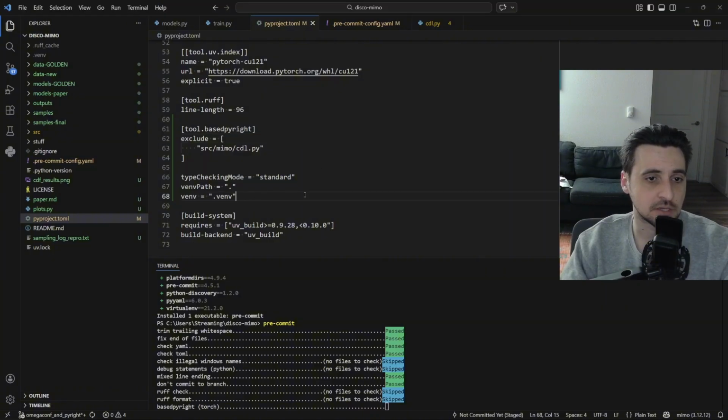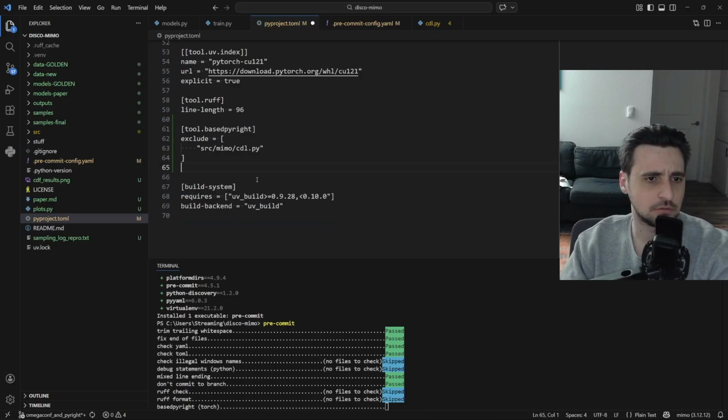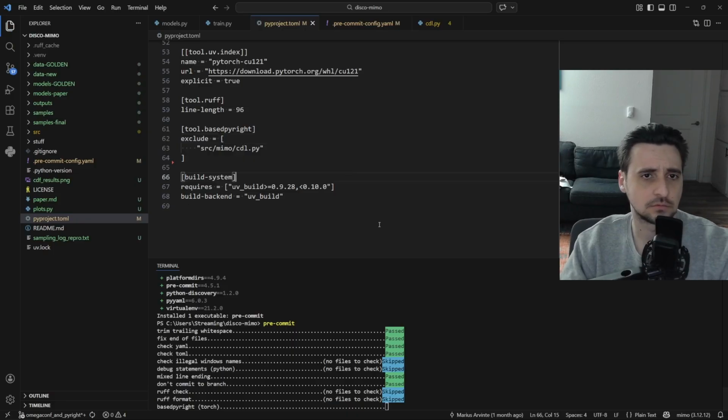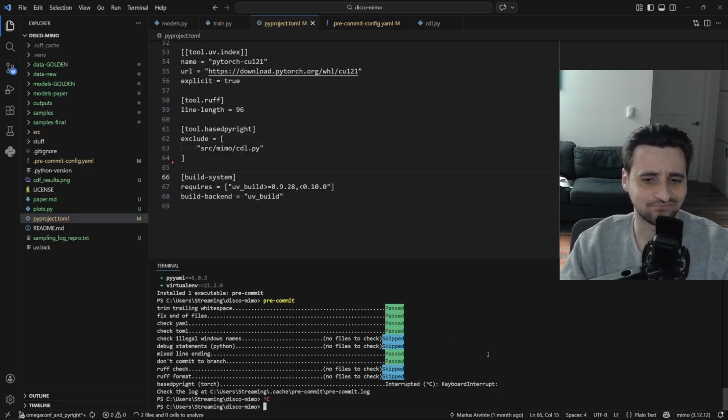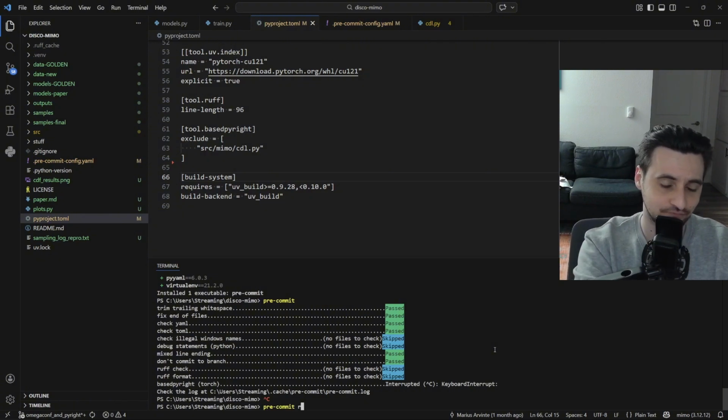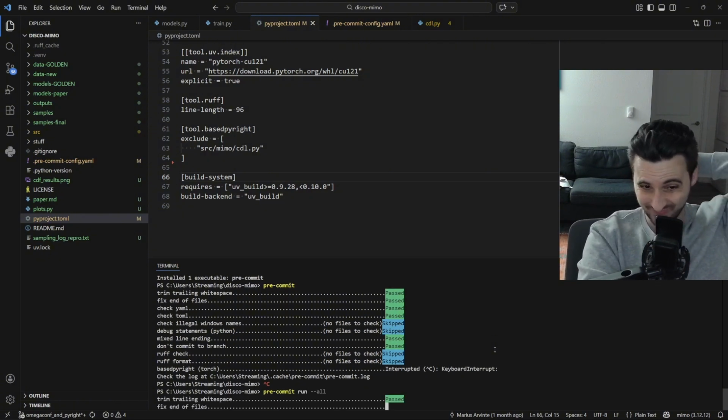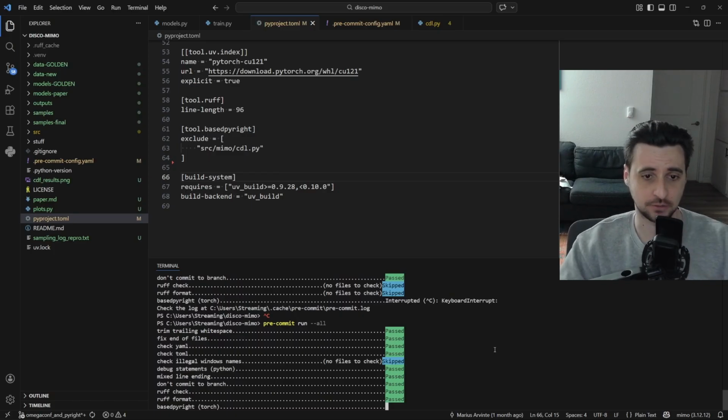Nah, these should be easy though. I don't care about these. Maybe I need to, I'm not sure what's happening with these guys here. So if I run pre-commit run all now,